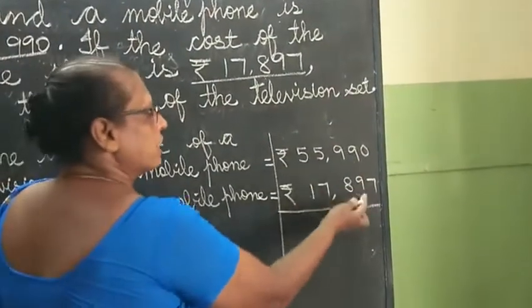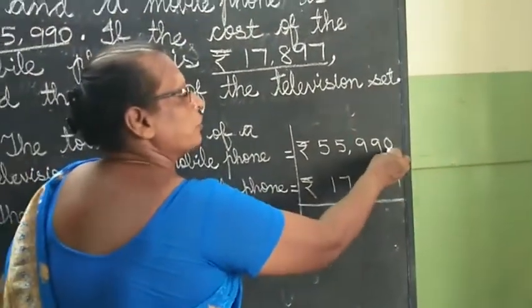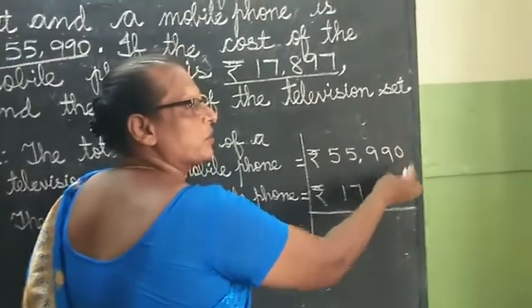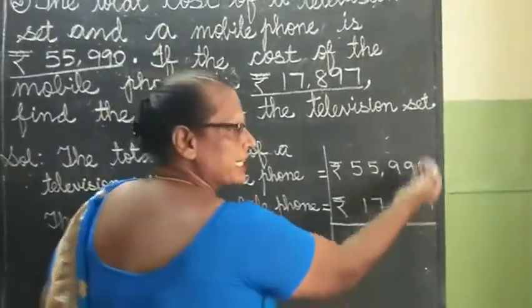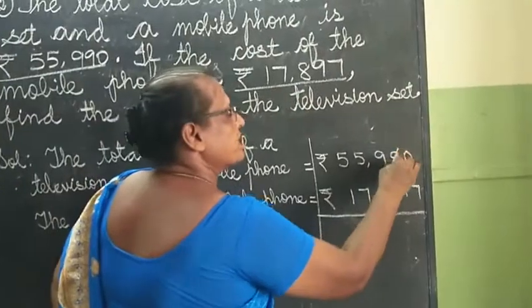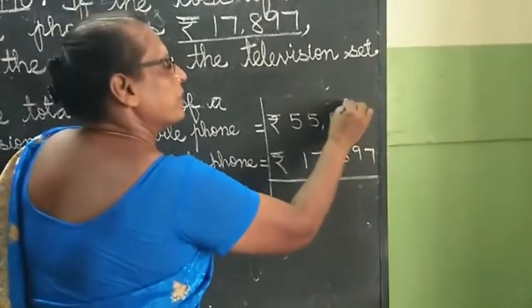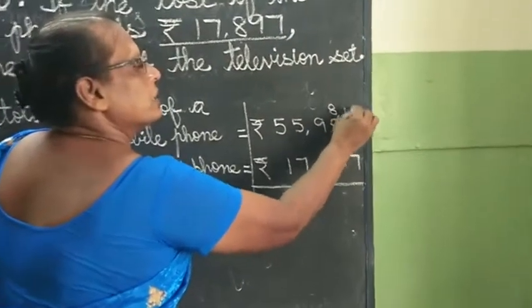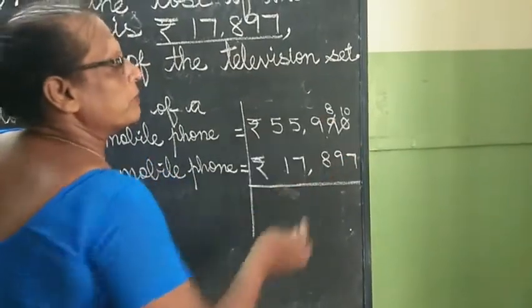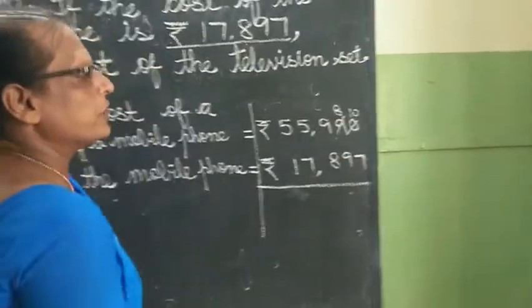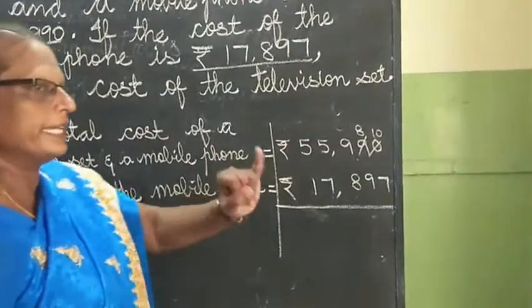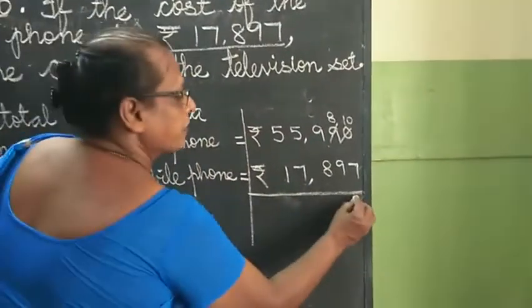You have to subtract. So from 7 you can't subtract till 0. It's a smaller number. So what you have to do, children? You have to see the previous number. So previous number 9 you have to borrow. So 9 will become 8 and 0 will become 10. After 7 if you count up to 10, means what number, children? 8, 9, 10. So 3 will come.